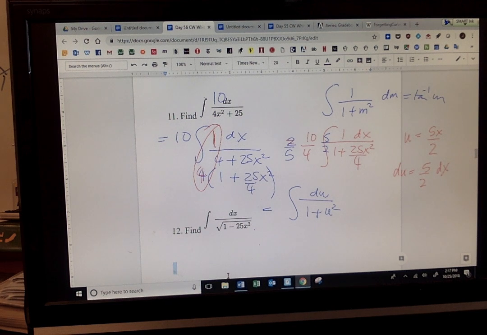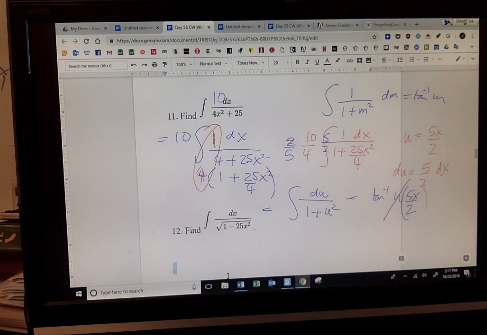So you don't need, look at me. Here's what you don't have to do. So the 5 halves dx is, I get a du. And then 1 plus, no, directly like this. This will always be the case. Because we balance it correctly. If we balance it because that's where we're going, it will always turn out to be the case. Think about it. It will always be the case. So we're wrapping it up. Is that just tan inverse u? And what is u after all?